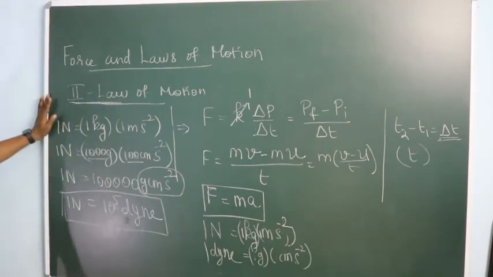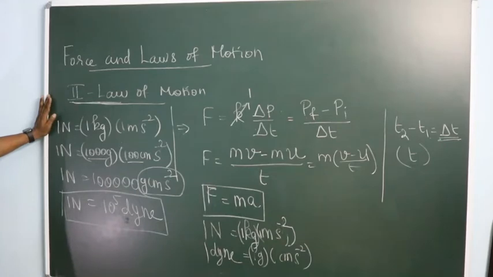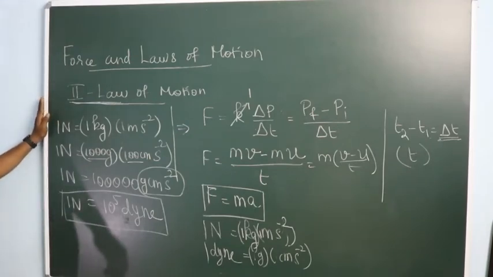So according to the second law of motion, we derived that force is proportional to the rate of change of momentum, and the rate of change of momentum takes place in the direction in which the force acts. Force can also be shown to be equal to the product of mass and acceleration. There are two units of force. In the SI system it is newton, in the CGS system it is dyne. 1 newton is kilogram meter per second square, and dyne is gram centimeter per second square. 1 newton is 10 power 5 dyne, or 1 lakh dyne. And in units we should not write any plural, that is why I just use the singular.